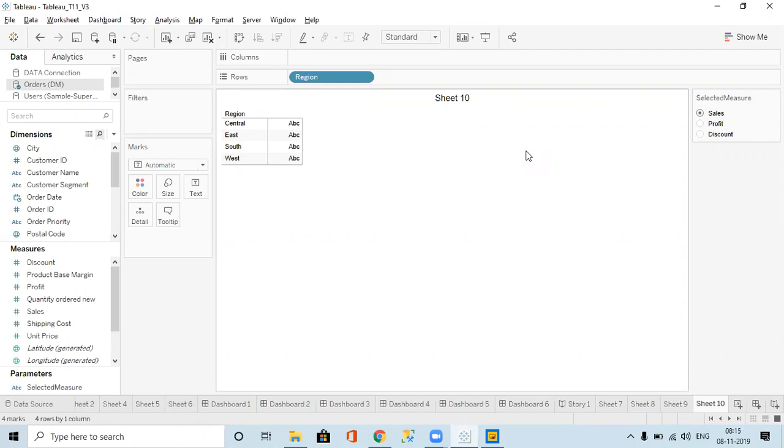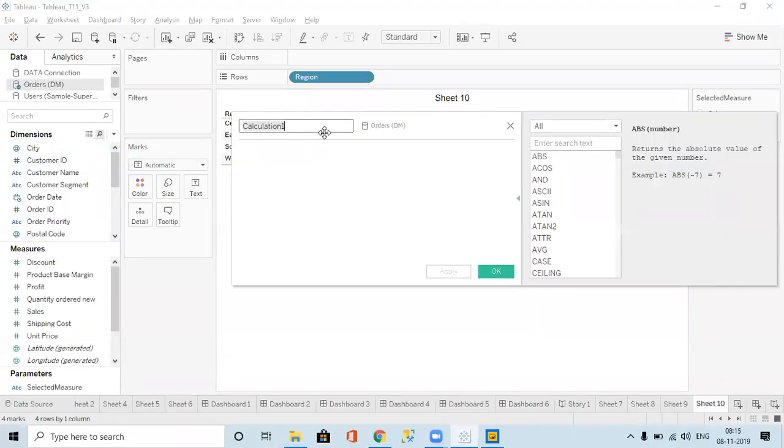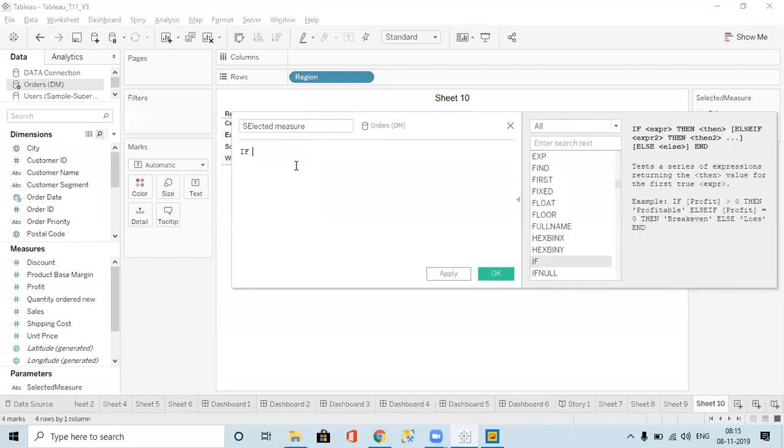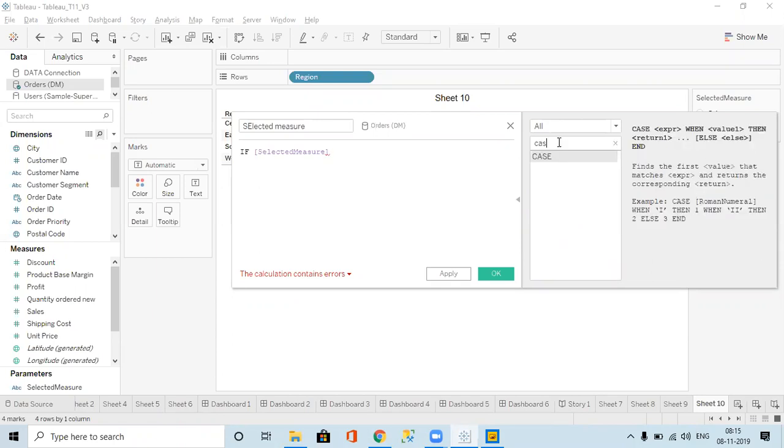Hello? Yeah. So we can select only one, so we have to write the parameter now in the calculation, selected measure. We can write it two ways actually: an if or a case statement. Case is nothing but the same as switch, and case will be easy in this case.